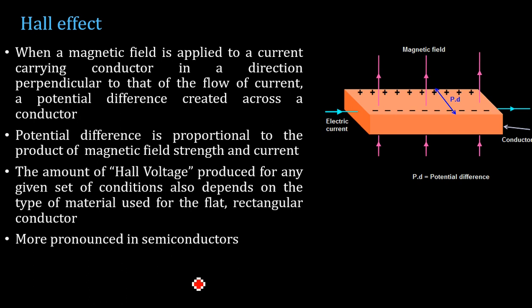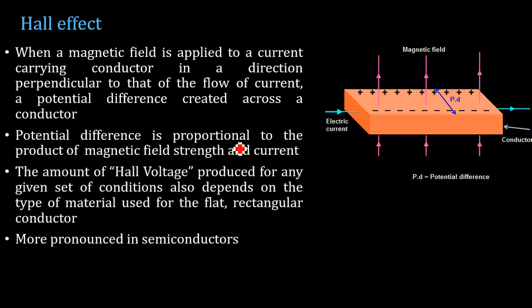So this Hall effect was first noticed by E.H. Hall in 1879, where a voltage is generated along the width of a current carrying conductor exposed to a perpendicular magnetic field. Here you can see a flat piece of conductor through which you are sending current. You are also applying a magnetic field perpendicular to the direction of the current, and you can see that a potential difference is created in a direction perpendicular to both the electric current and the magnetic field. Such a phenomenon is known as the Hall effect.